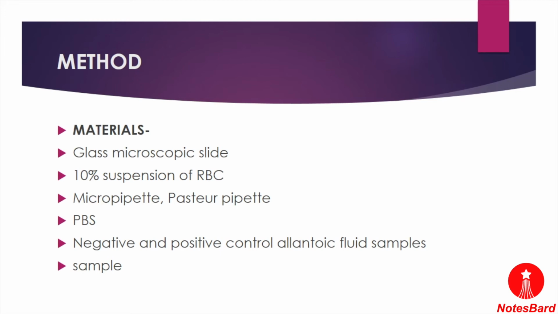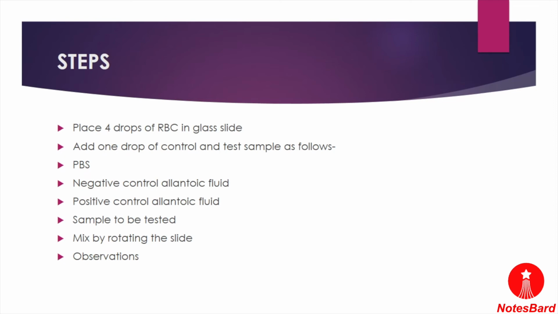So these are the materials used for the hemagglutination assay. So now let's discuss the steps or the procedure for the hemagglutination test. These are the steps of the rapid hemagglutination test, and this test has the ability to determine the presence of hemagglutinating agent in the sample within 1 or 2 minutes, and that's why it is named the rapid hemagglutination test. So the steps include placing 4 drops of RBCs on the glass slide or a white tile,